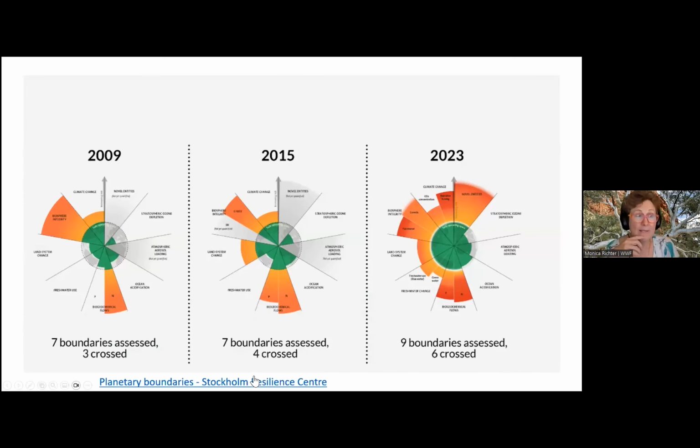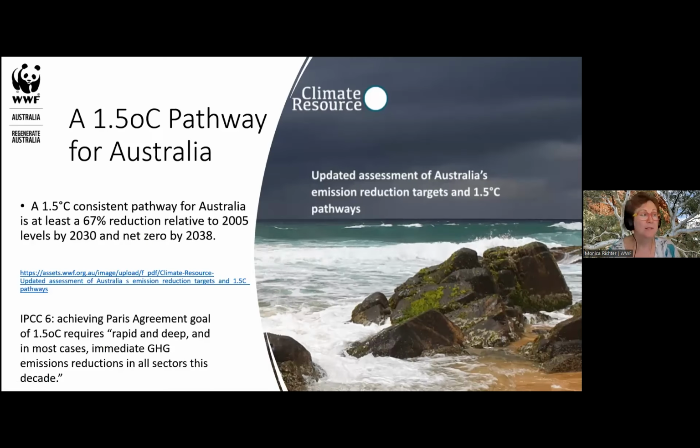And just to remind us again, the planetary boundaries and where we sit today. So the scale and speed of being able to reduce embodied carbon is fundamental to our very own existence. WWF